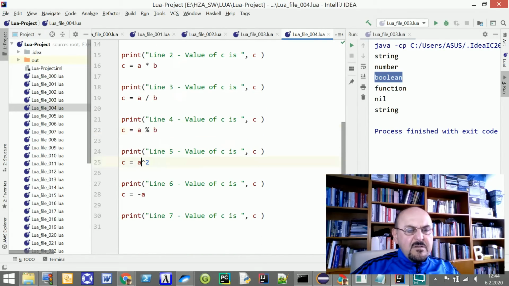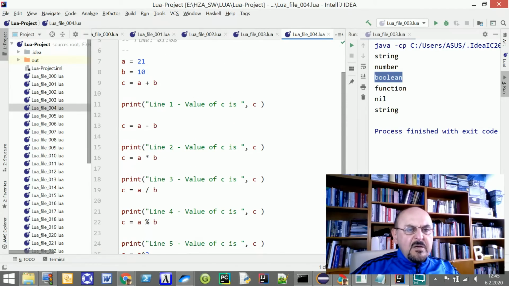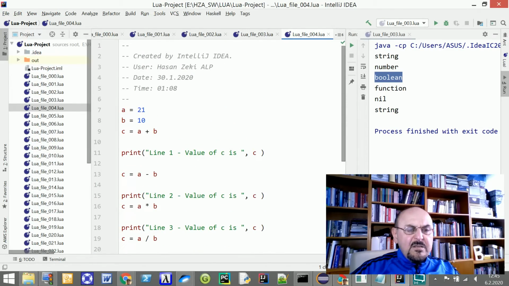This symbol stands for exponential, and this is the negation, to make it a negative number, negative variable. And here I assign 21 for A and 10 for B, and I query about the result of C.